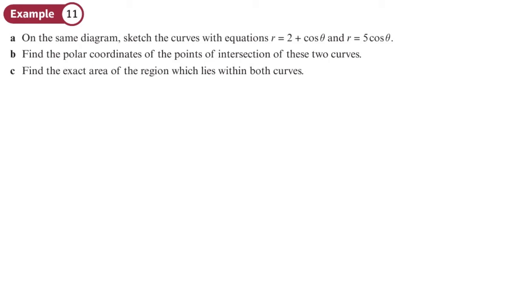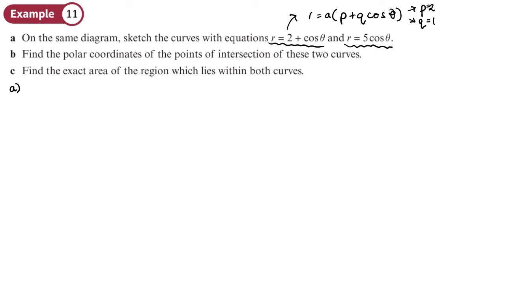Okay, let's start with part A. And the first thing that we need to do is to draw a sketch of these two equations. Now to do this, we're going to do a table of values. But since this one here is of the form r equals a, you'll remember this from a previous section, p plus q cos theta, so it's in that form. And since the value of p is 2 and q is 1,